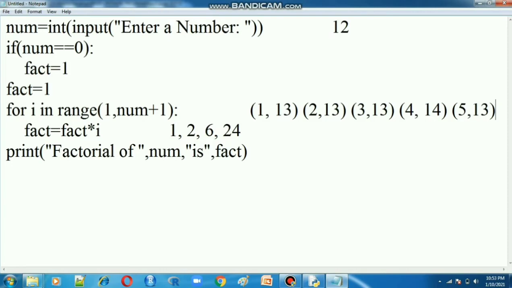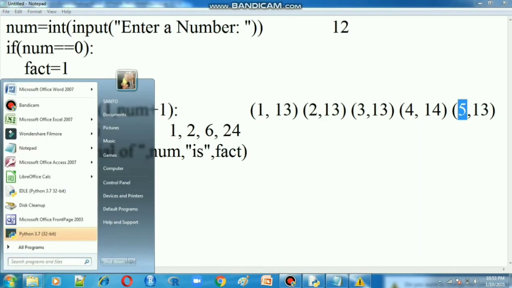Okay, so like that it will be moving. Next step: the fact value is the last value, 24. 24 into the I value 5. 24 into 5, what is the result?